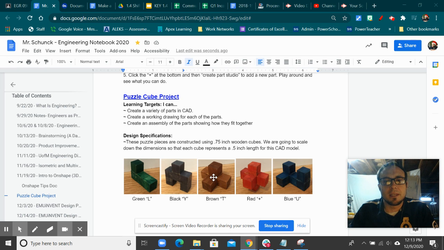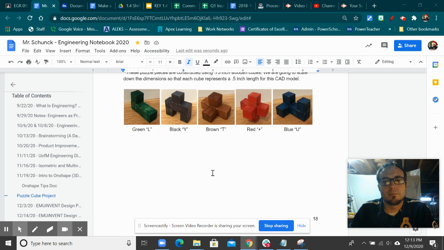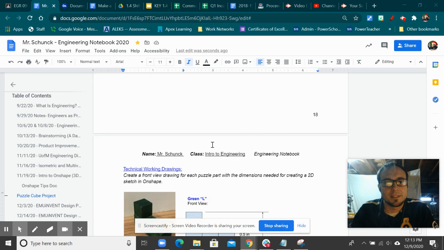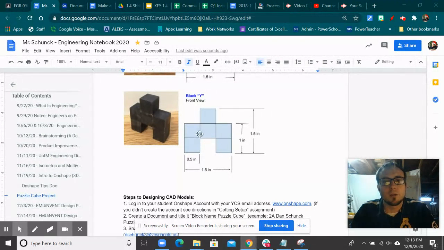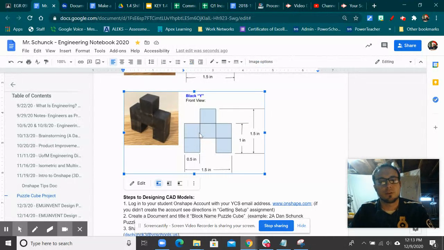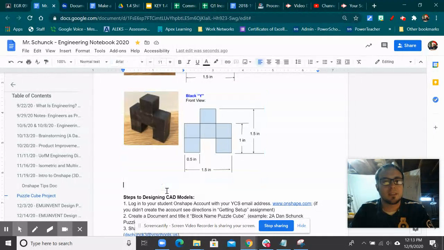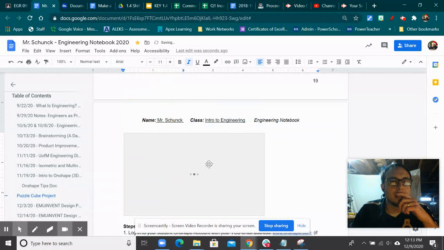All right, we're gonna see how to make this brown L shape, brown T shape. Let's see how it's a T. I want to show maybe a quicker way to get started. If you do Control C to copy, and then go down here and do Control V, just make a copy